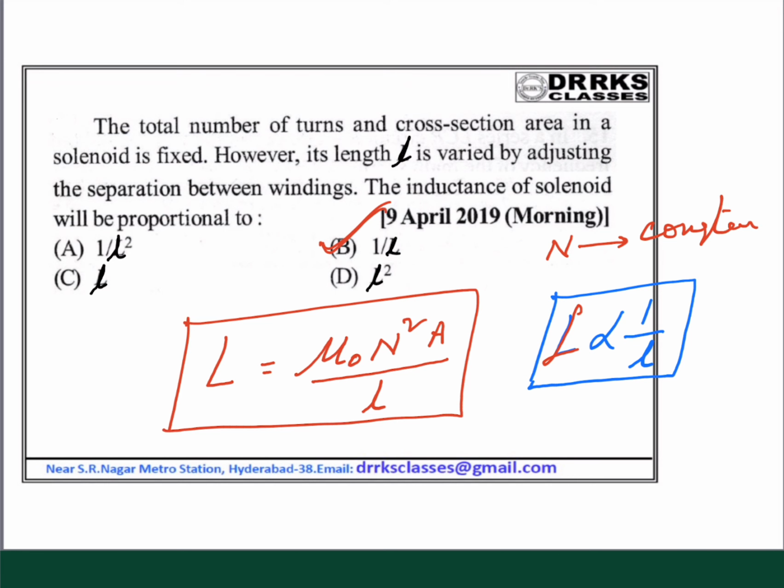So that is correct. Okay. If turn density remains constant, with L equal to mu naught n square A by L, then self-inductance is proportional to L. So you have to be very careful whether the number of turns remains constant or the turn density remains constant. Okay. So these are the problems